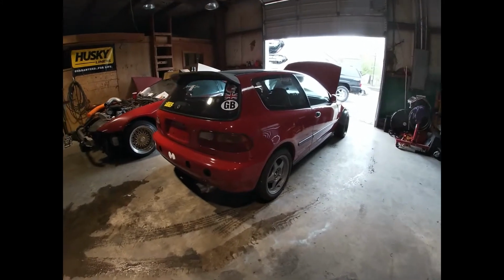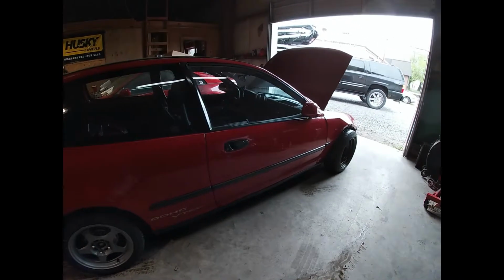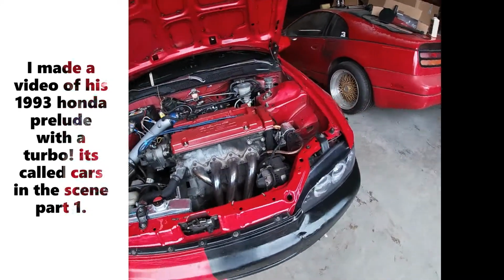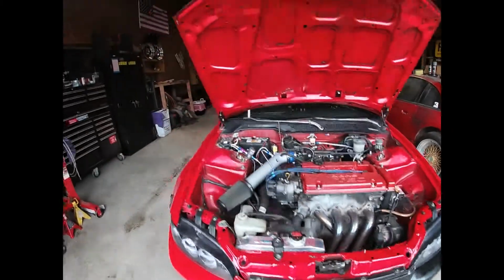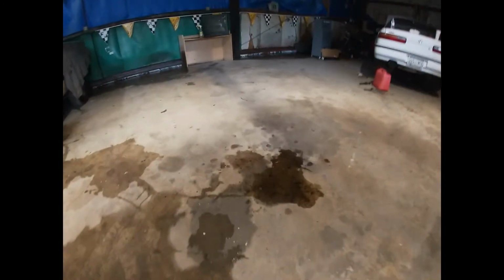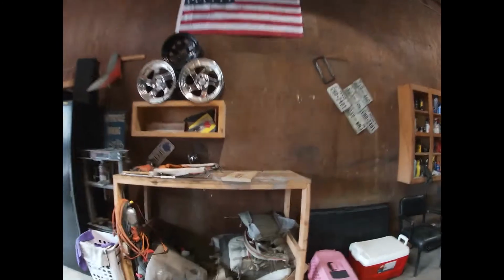Good afternoon. So here at the shop, like always, and I just took this car out and showed it to my buddy Kyle a couple days ago, and I've noticed that it's been leaking a little bit more oil than I want it to. Right now it's not, but my oil spot, where my car parks all the time, is getting pretty bad. So I got an oil pan gasket, it's a Fel-Pro over here, and I'm going to go and install that